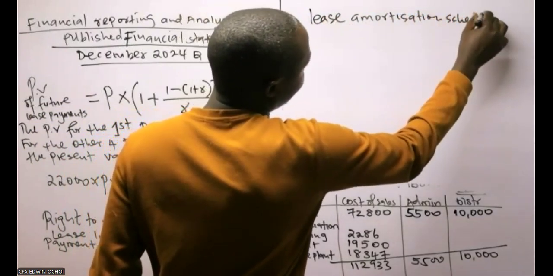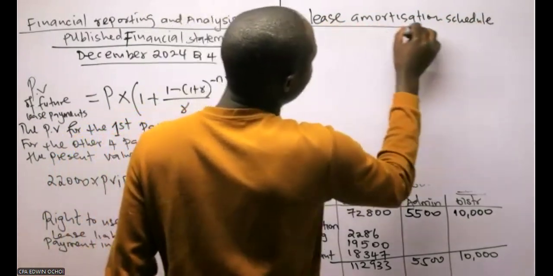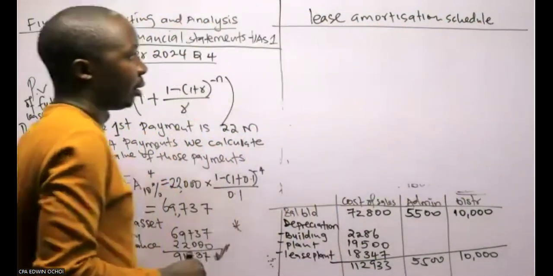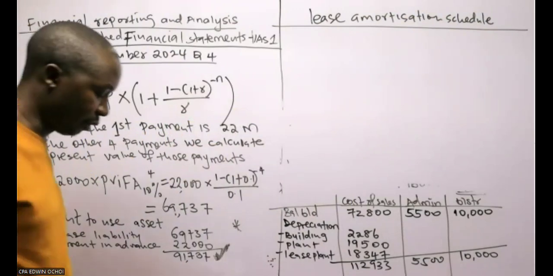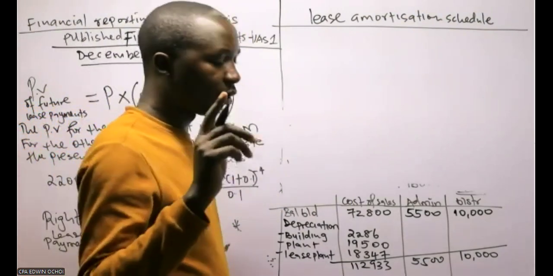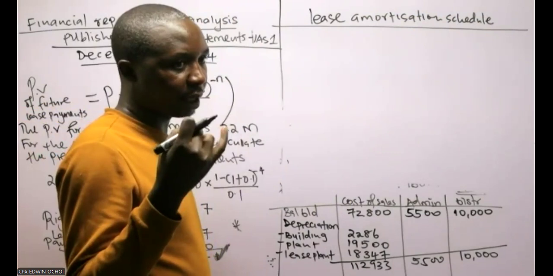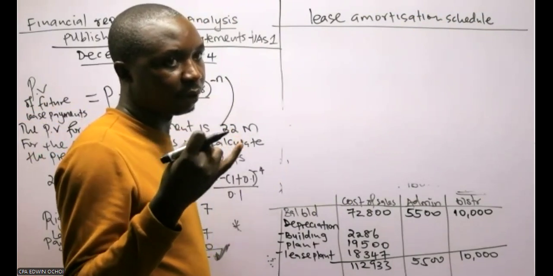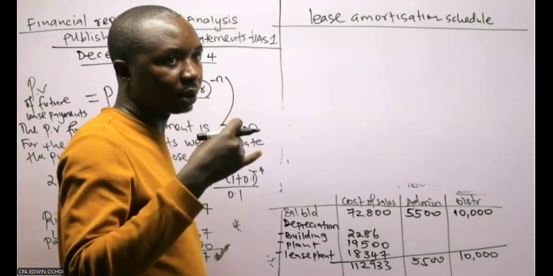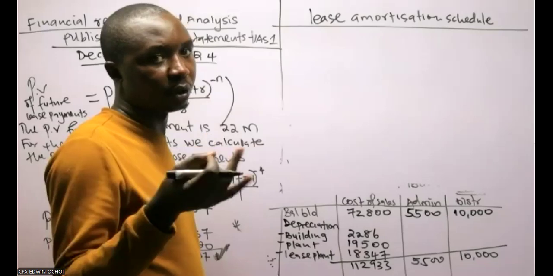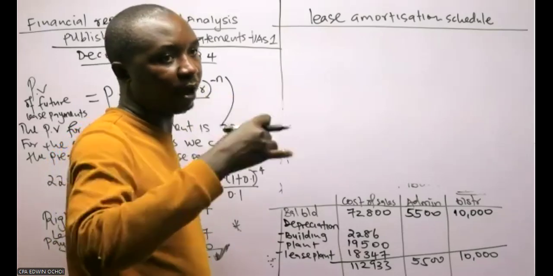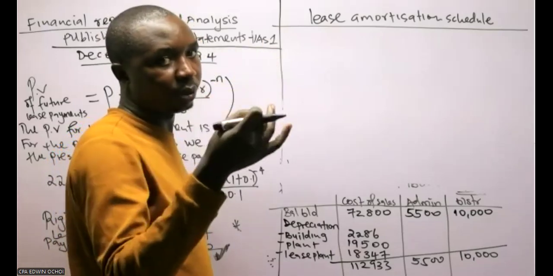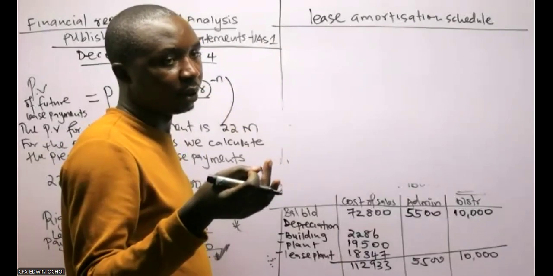Yeah, we needed to do a lease amortization schedule. Starting with what? 1st November 2003. But our books are prepared by 2004, so it will be just the start of 2003 and 2004. So the period will be 2. I don't have to do the 5 years because our books are prepared by 2004.